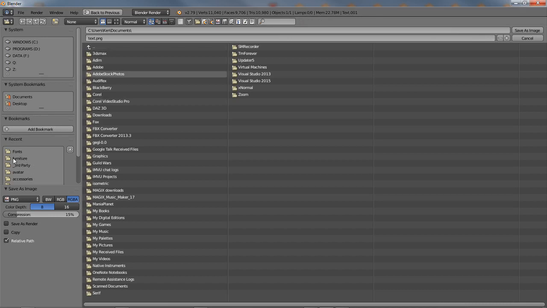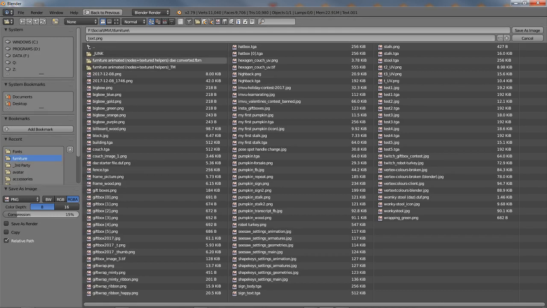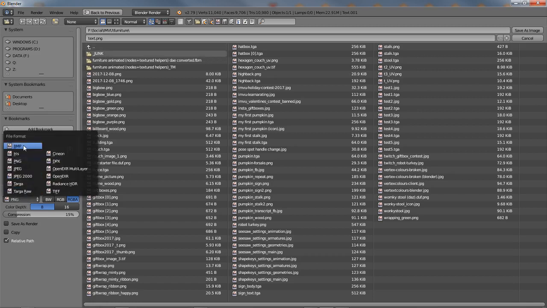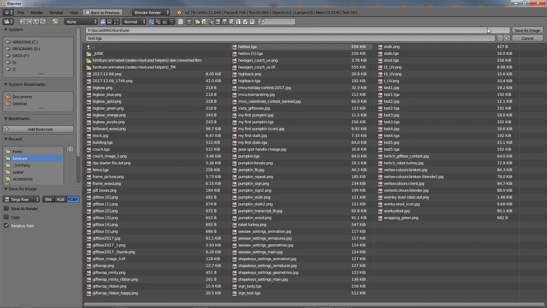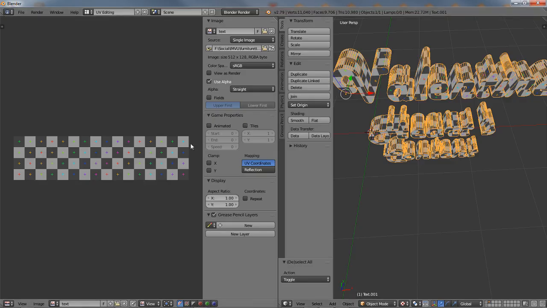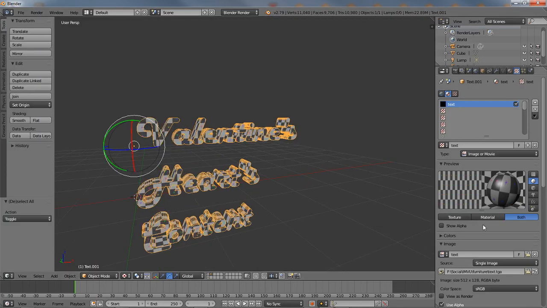Furniture. So you want a lossless format: bitmap, Targa Raw, PNG, or TIFF. And then just save it. It'll convert what is essentially virtual generated data into real, relative to Blender at least anyway, which means that we now have an actual image